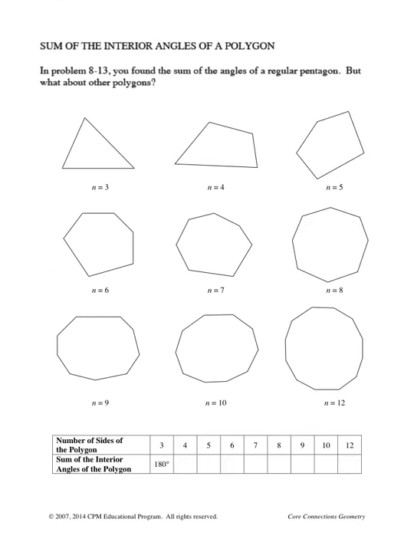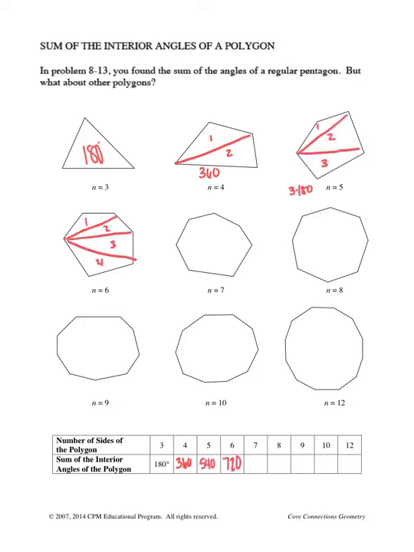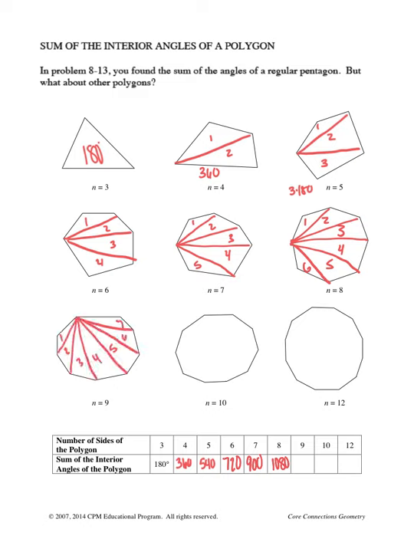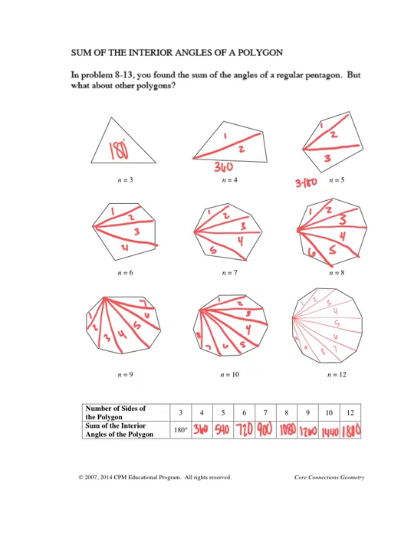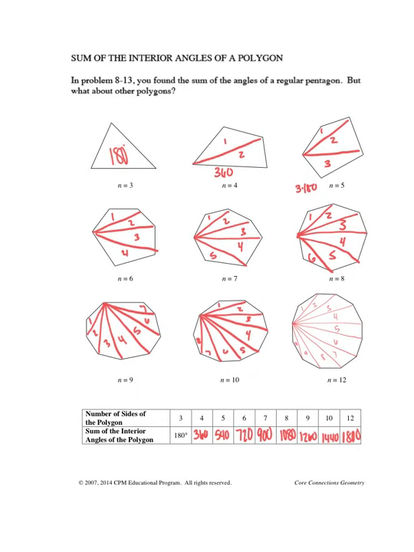We're going to focus on other polygons here and just go through and see what we can do. So this one makes 2 triangles. I'm going to fill in this table and subdivide these as I go. You can certainly follow along with me. So as I look at this completed sheet, I notice that